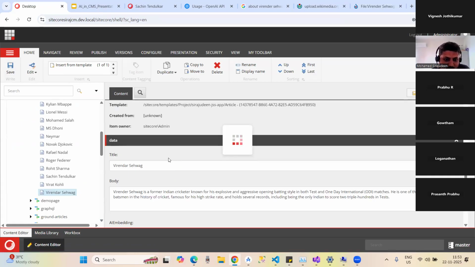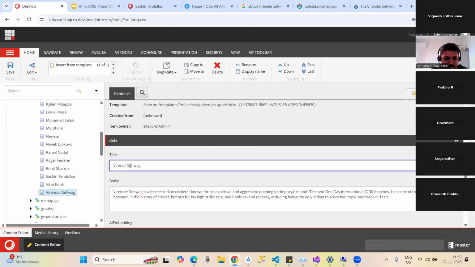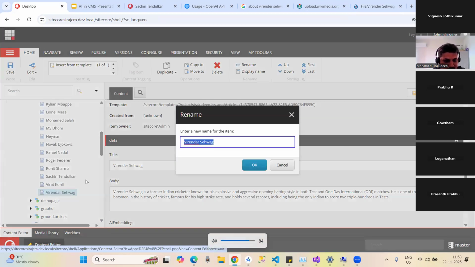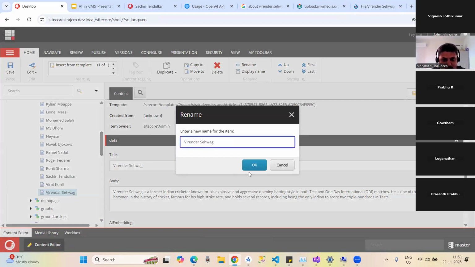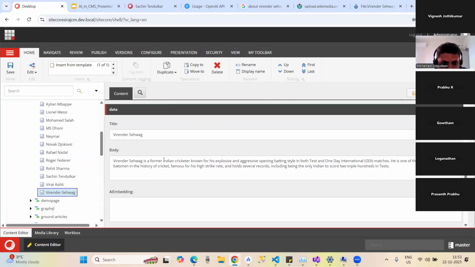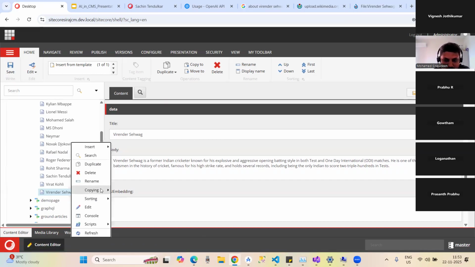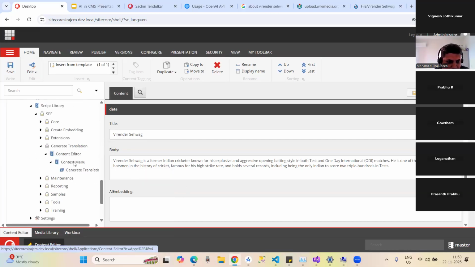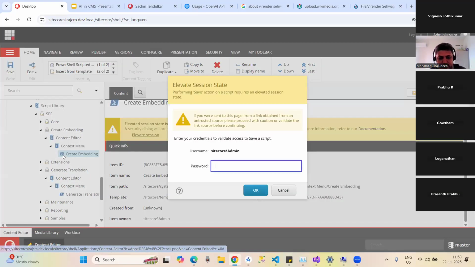Okay, I have the content now for Virender Sehwag. Maybe no issue with this actually, but it would be perfect, right? So now, Virender Sehwag is a former Indian cricketer. We all know. So now I'm going to generate the AI embedding for this. How to generate the same? The scripts, create embedding. Okay, so this script, I already have it here: generate, create embedding, and text menu. In this create embedding,